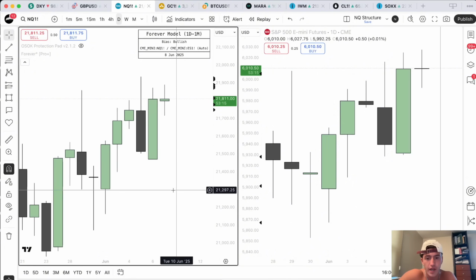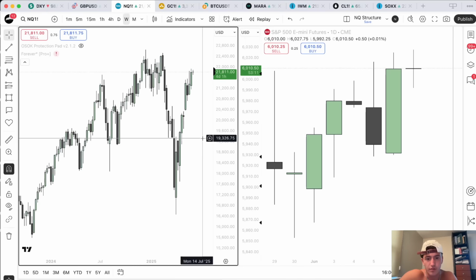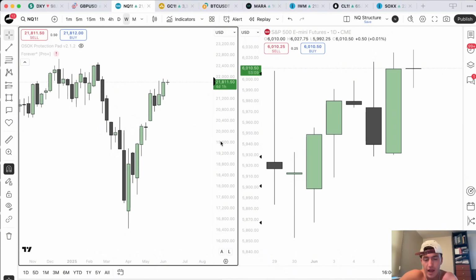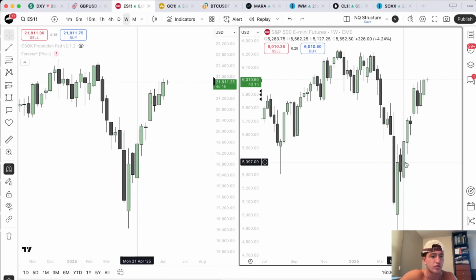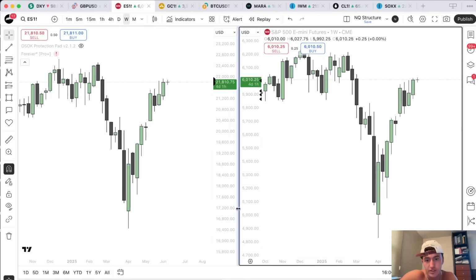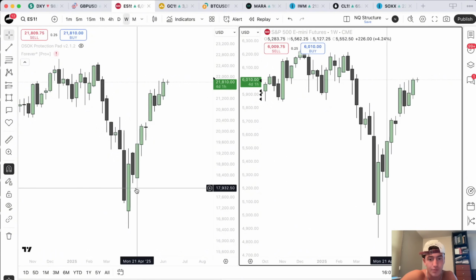So we have a daily chart on the S&P and the NASDAQ, and I'm going to look at the weekly as well. As you can see, how has price been trending in the market? Price has been just driving higher. And honestly, we haven't had a run of a previous weekly low since the 14th of April, pretty much 2 weeks into the start of quarter two.